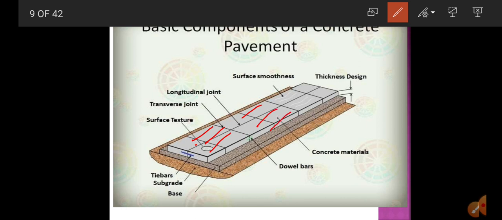These are used basically to transfer the load from one slab to the other slab. That's the importance. In the case of longitudinal joints, tie bars try to maintain the same level of the pavement slabs, and the top surface gives surface texture so that no skidding can happen on the running surface. Clear? Okay, we go to the next slide.